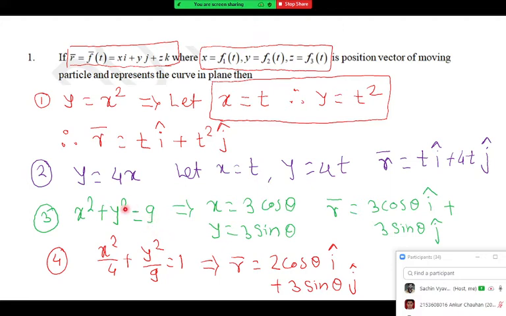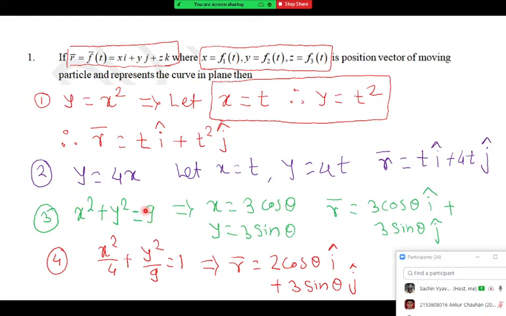That is the choice. But generally, it is preferred in trigonometry. In trigonometry, when the circle and ellipse are there, their vector equations are considered in a trigonometric form. So whatever curves I showed you, you will observe that they are two-dimensional curves only. But the majority of the time we will come across three-dimensional curves. But three-dimensional curves are directly given.